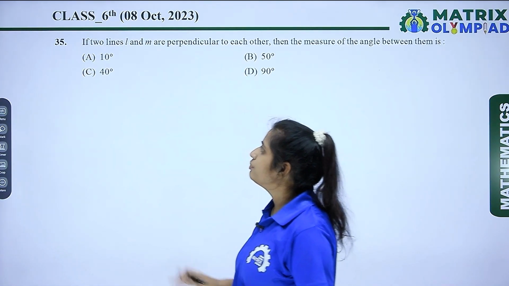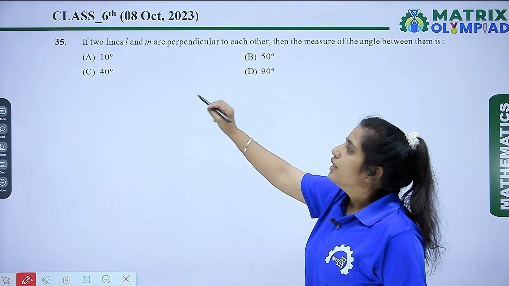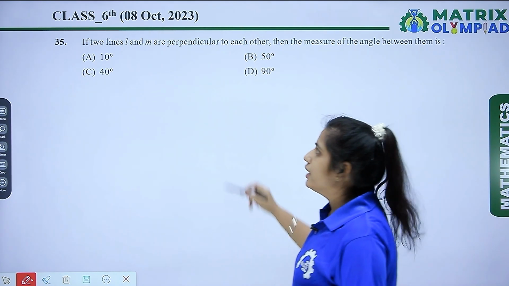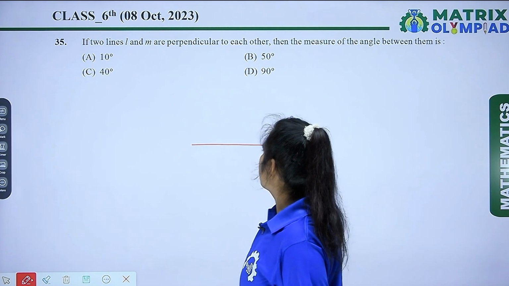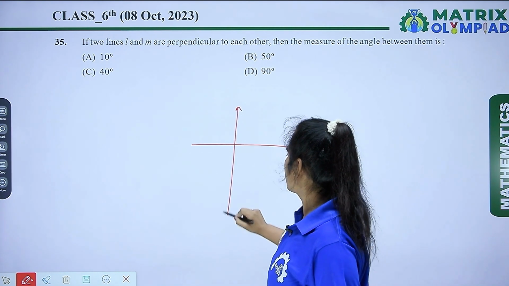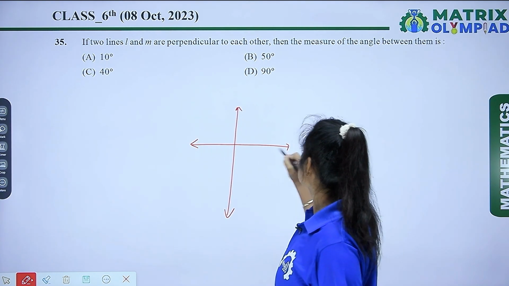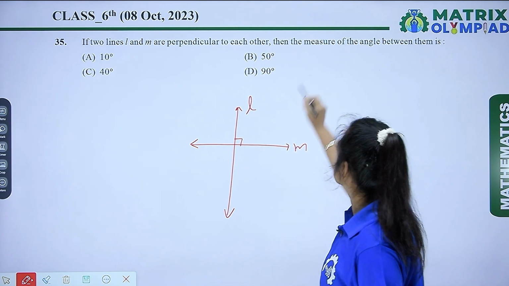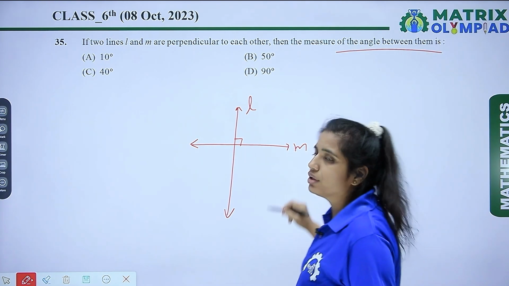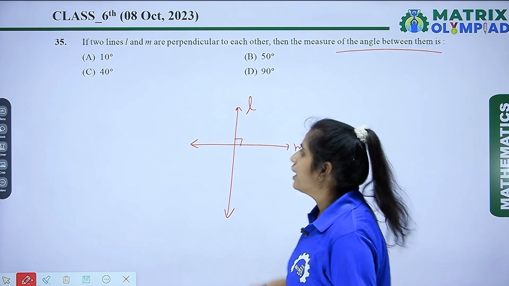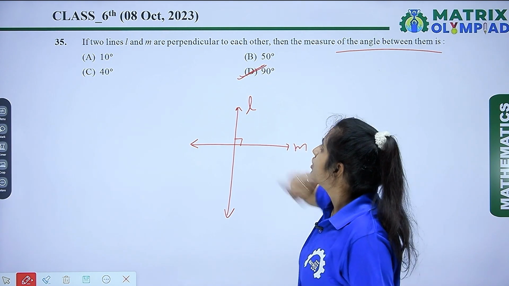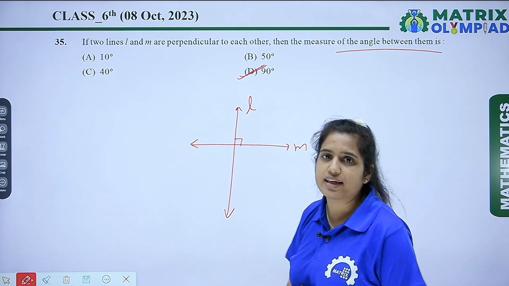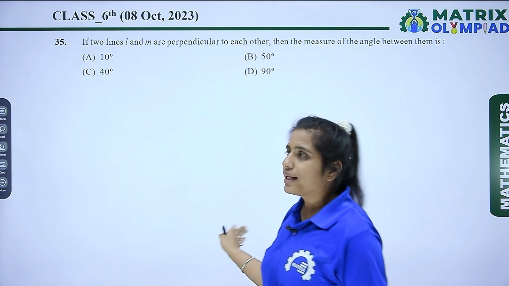Now the next one. In question number 35, if two lines L and M are perpendicular to each other, अगर दो lines हमारी L and M आपस में perpendicular हैं like this. This is line L and this is line M. And they are perpendicular to each other, then the measure of angles between them. If the lines are perpendicular, the angles will be 90 डिग्री। तो आपके जो एंगल्स फॉर्म होंगे वो 90 डिग्री के फॉर्म होंगे।